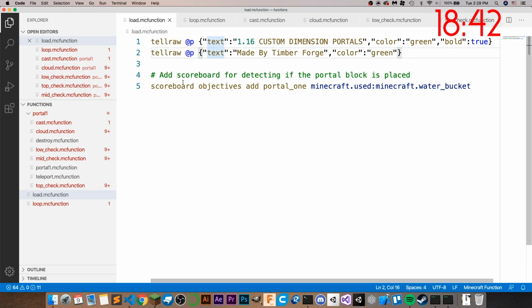So to start off, we have the load function, of course. If you don't know how to create your basic data pack, then make sure you go check out my how to create a data pack video. But there are just a couple tellraw commands to show that the data pack has loaded. And then I simply add one scoreboard objective for minecraft.used:minecraft.water_bucket just to detect when I place down a